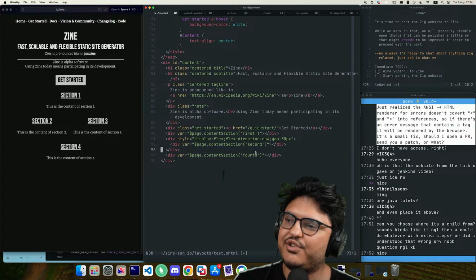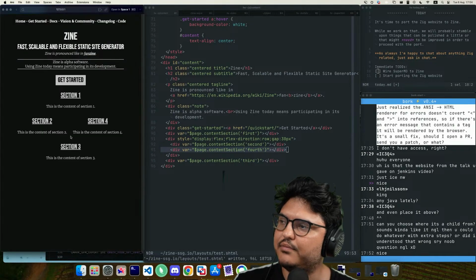And if I want to change the order of things, I can even do that. The layout has this power now.